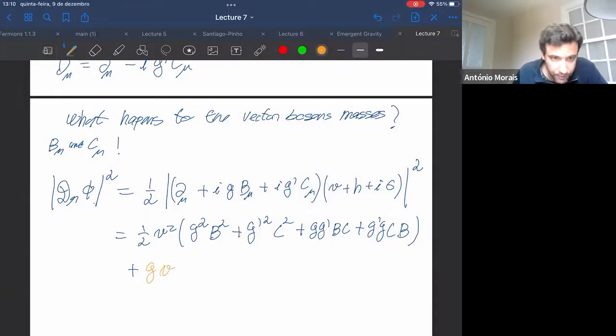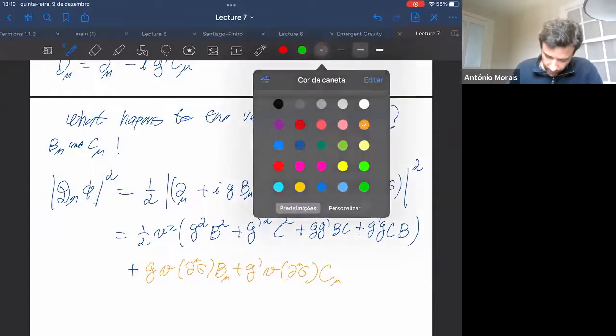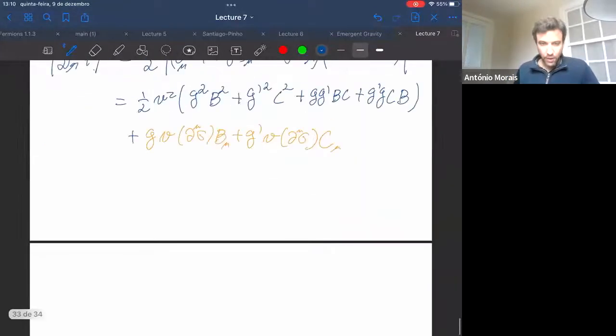Plus, and now I'm going to write this in the color that I used for the offending terms, plus g v ∂G B plus g' v ∂G C. Here I can write the mu's because it doesn't cost anything: ∂^μ G B_μ, C_μ. So we also have these offending terms, which means that here we also need to do the exact same thing as we have done before. And if we choose the gauge appropriately,